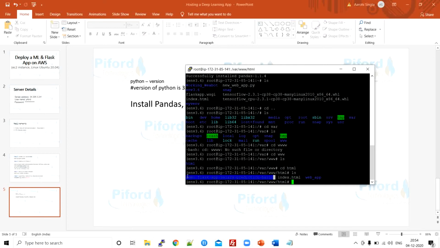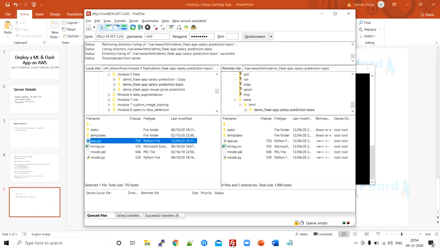Now how to upload this code over here? For that we are going to use FileZilla. So guys, some of you are already familiar with FTP, FileZilla, and some of you are new. So I'll just give you a brief about this FileZilla, what it is. See, over here you'll see we have 2 sections, this local site and this remote site. This local site simply means this and this. This is the area of our local computer. Over here you can see the local files which is in your computer.